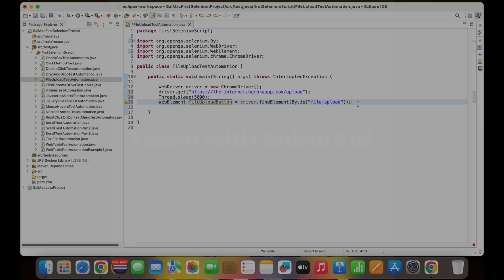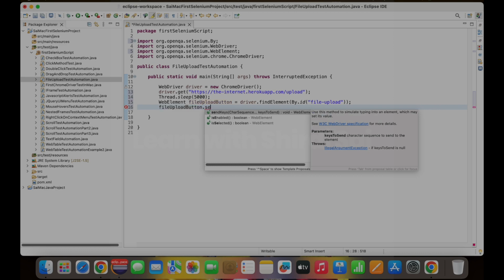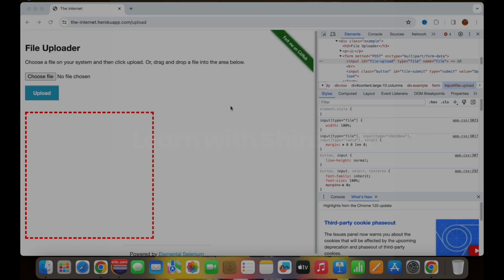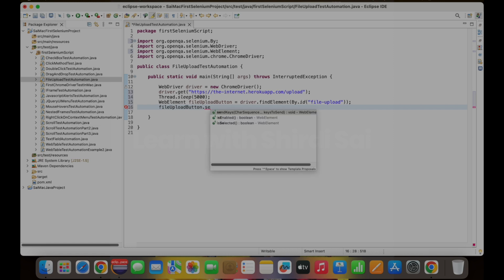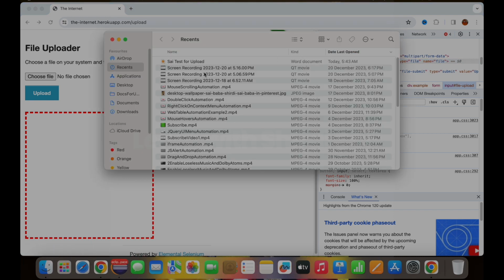Okay, it is added. Now we can copy the same and send the text. Okay, sendKeys, not send the text. So sendKeys we can use here. Okay, we need to find the location of that. Okay, so I think it is in